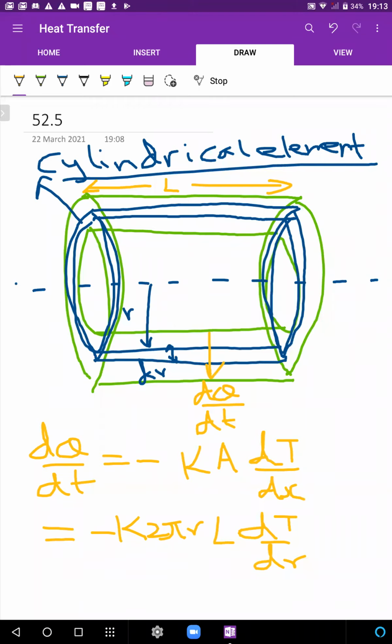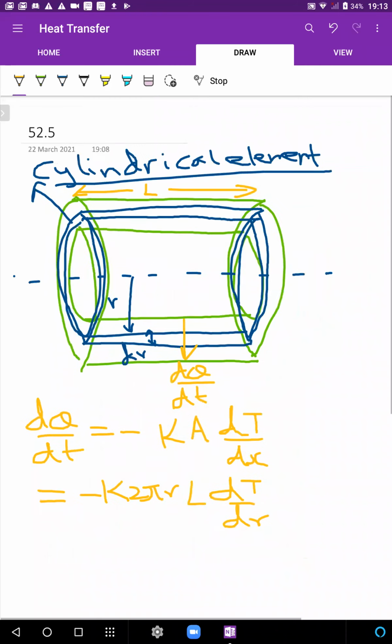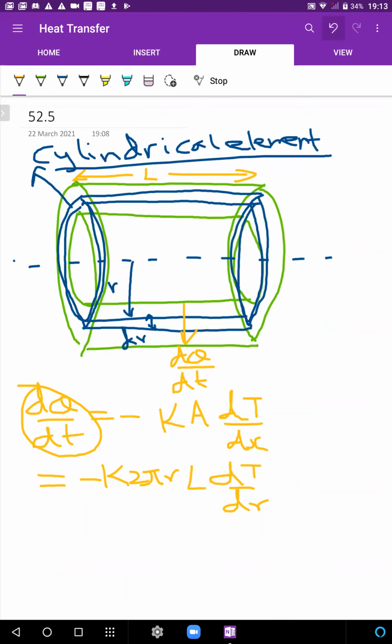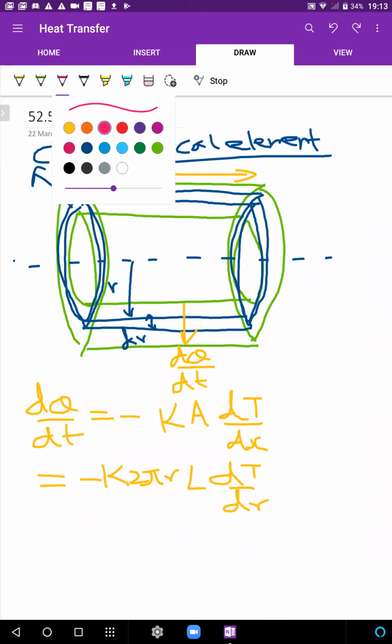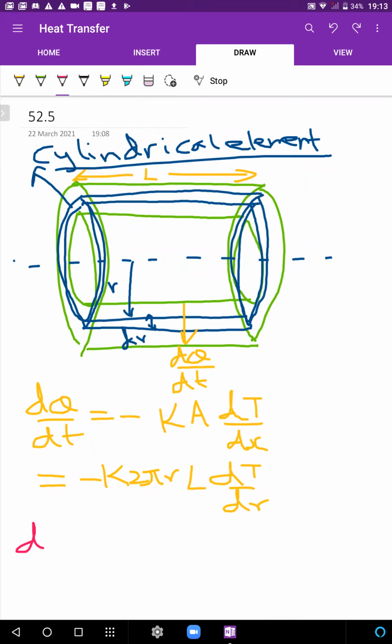Now, that's it. We just have to integrate both sides. And I said, don't get scared by dq by dt. dq by dt is just the constant. That's not the thing you need to integrate. All right, so don't worry about that. dq by dt is constant. So separate r and t. If you're separating r and t, it's going to look like this. You can take dq by dt outside the integration.